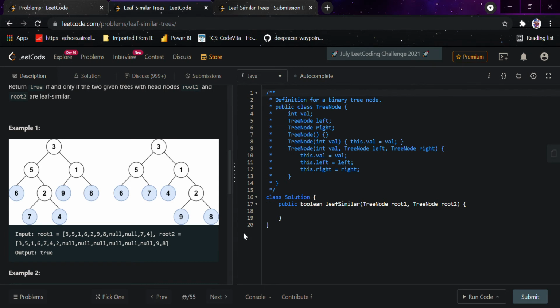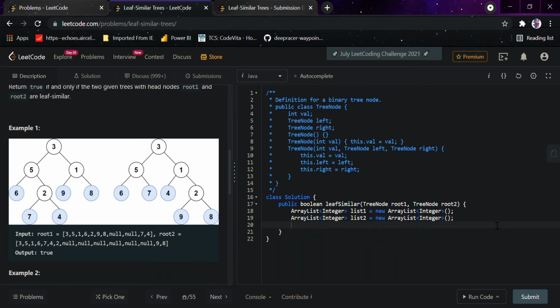So what we can do here is we would simply declare an array list. We would go to the end of the binary tree and check if both of the lists are equal till the time both the roots are null. So I would simply declare an array list of integer here and name it list1 as new array list of integer, and I would simply copy it and paste it here, renaming it as list2.